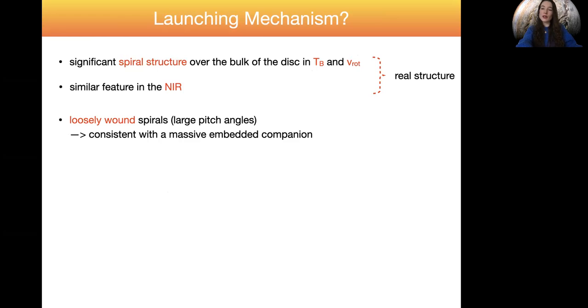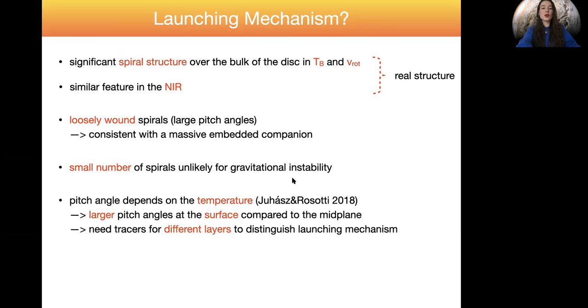It's not the only explanation for spirals. Gravitational instability can also launch spirals. However, the small number of spirals is unlikely for GI. But it's possible that several spirals will only appear as one or two due to resolution effects. What is important to know is that the pitch angle depends on the temperature. So in the passively heated disks and in the planetary scenario, we would expect the pitch angles to increase